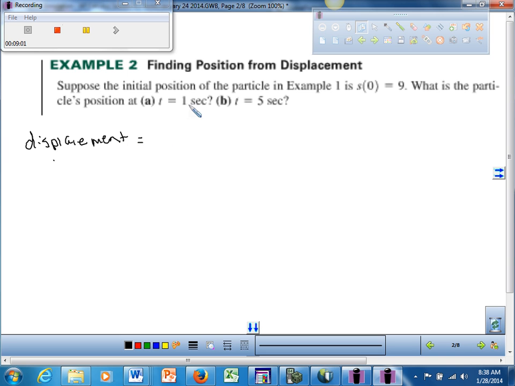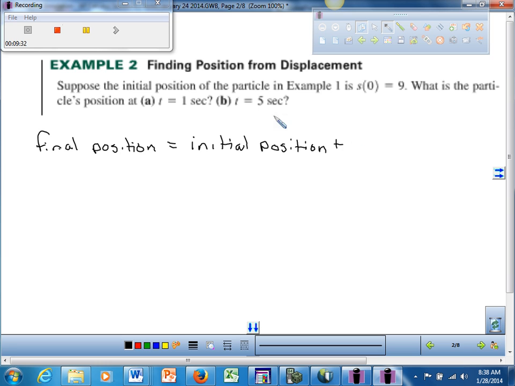Displacement would be, so if we want to think, let me write it. Let's think about final position. Quiet, please. Final position. To figure that out, we need to think about where we're starting, our initial position, plus my change in position, right? Okay? And to get that change,